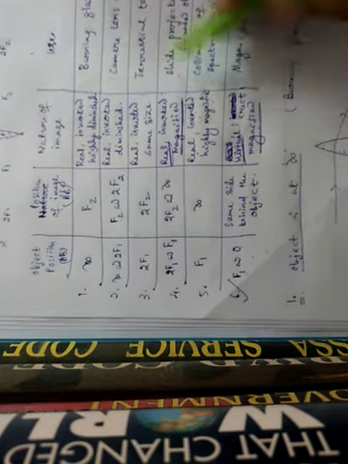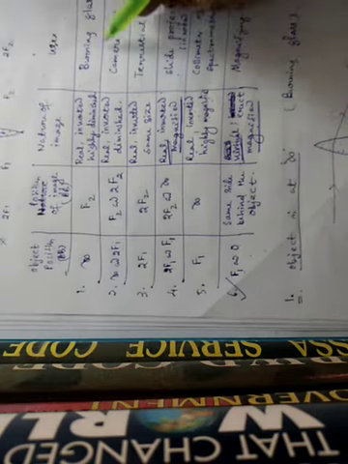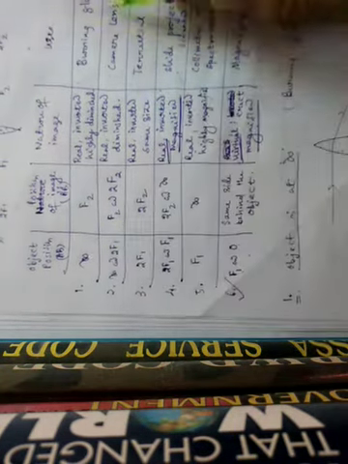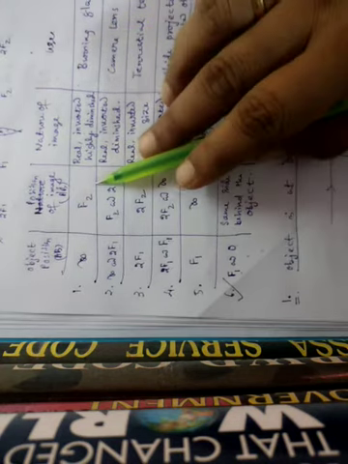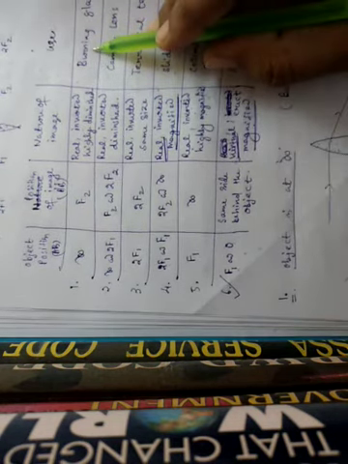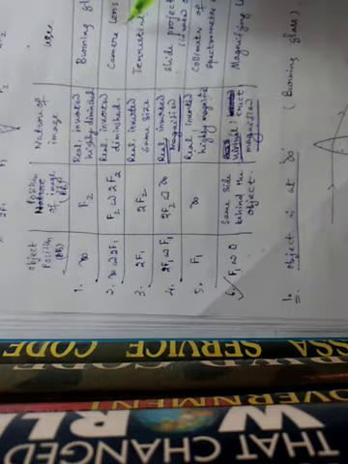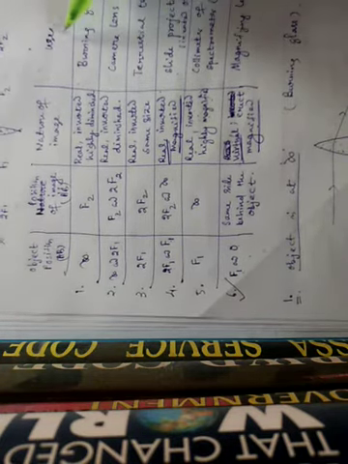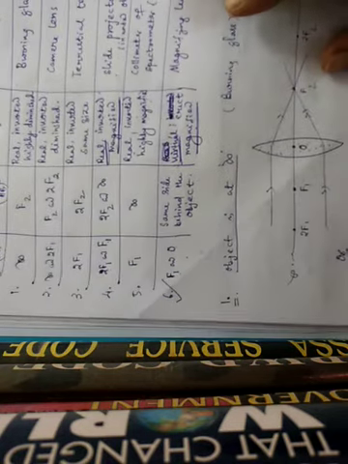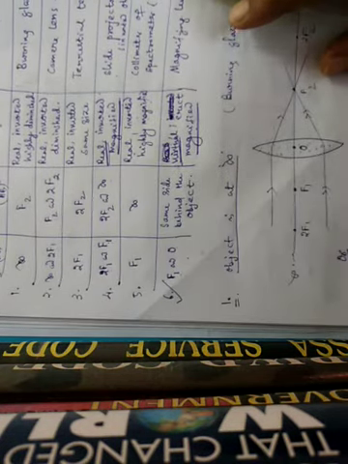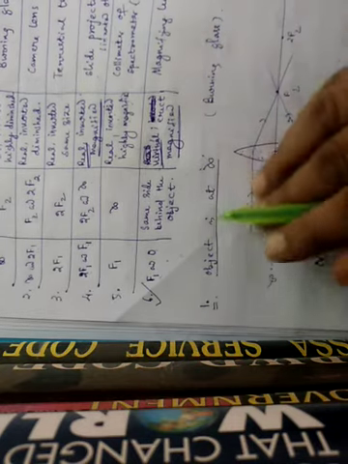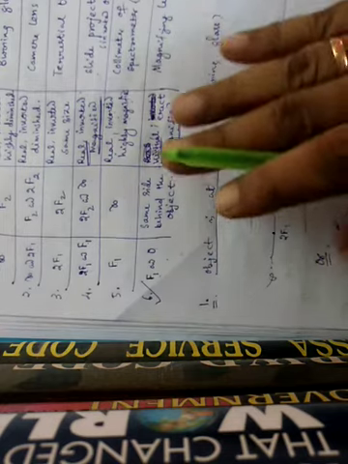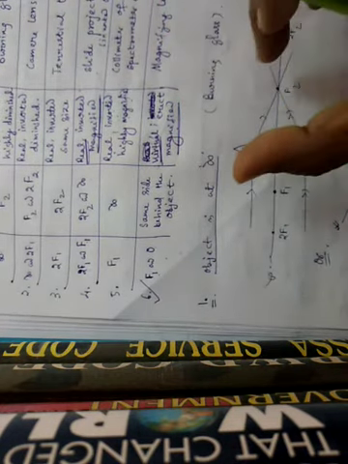Then we will discuss the uses of the image. We have written in the column where we can use it. When the object is at infinity, the image is formed at F2, and it is used in burning glasses. Respective uses are there. When we draw the diagram, we will discuss the uses of the lens in those positions. Then we come to our diagram. While drawing the diagram, you should keep your scale and pencil.